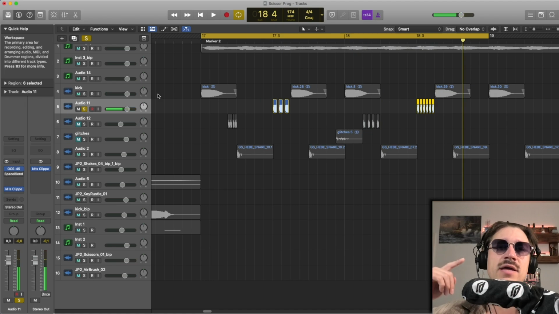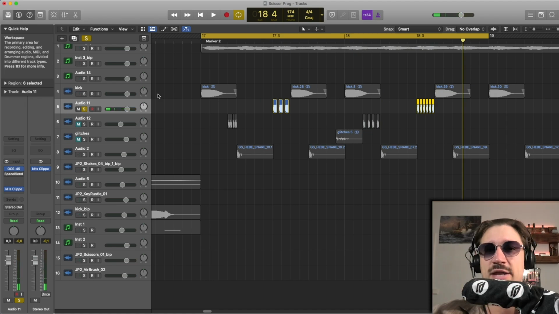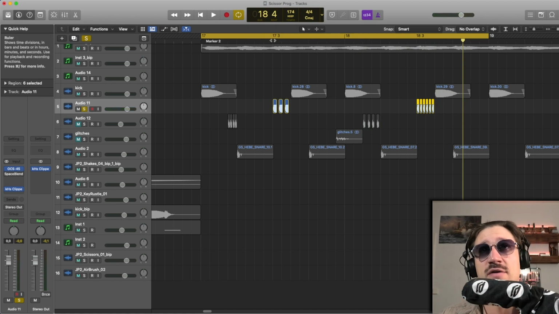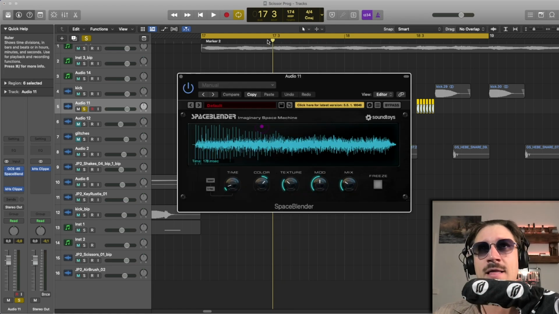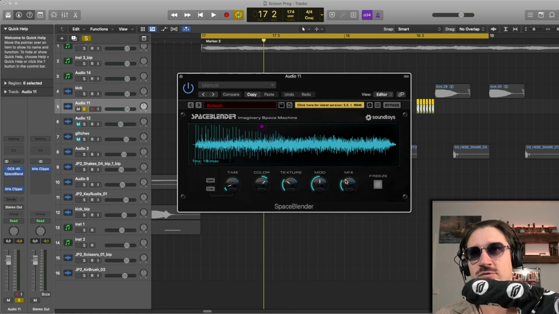So you can hear, if you pay attention, there's like some sort of pitch movement going on. But every time the little glitch happens, the pitch will be slightly different. So it's all a bit more natural. Then I'd put a space blender on the whole thing. And this is, again, just super wonderful because